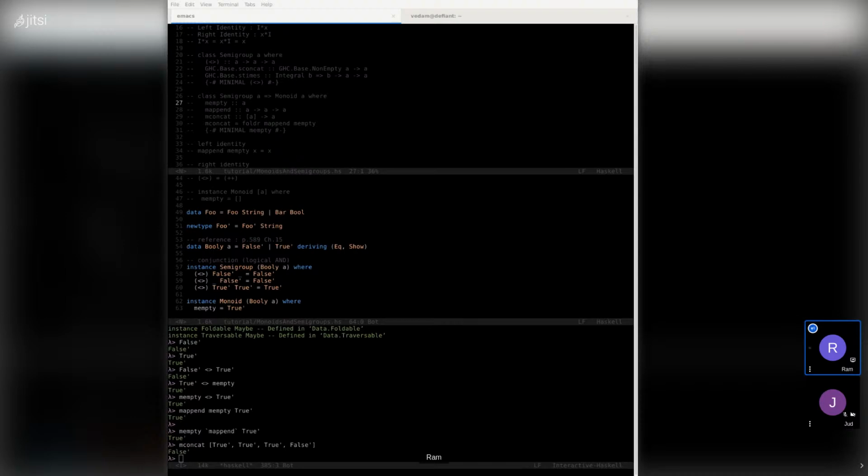If you may have multiple instances of a type class for the same underlying type, you may want to create new types using the newtype keyword and then define your type class instances on those new types.